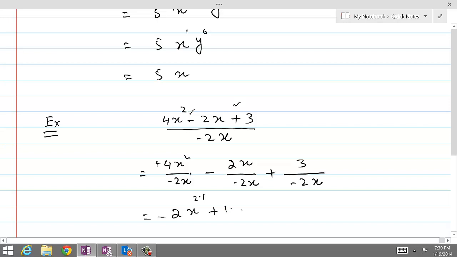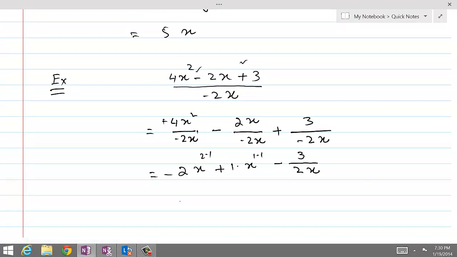We don't need to write it, but let's write it anyway. x gets cancelled with x, or otherwise we can write 1 minus 1, and plus divided by negative will result in a negative sign, because opposite signs divide, the answer is always negative. And 3 divided by 2, they don't really go, that's why we write 2x here, and this way we get minus 2x